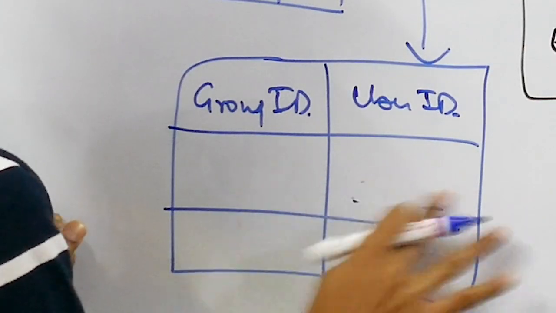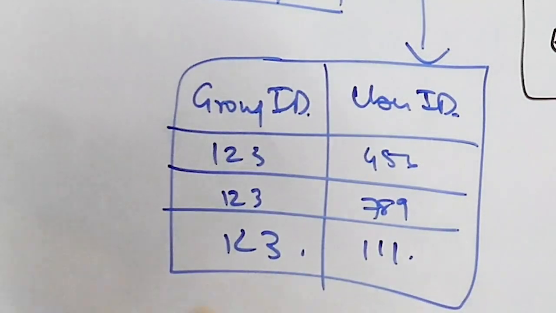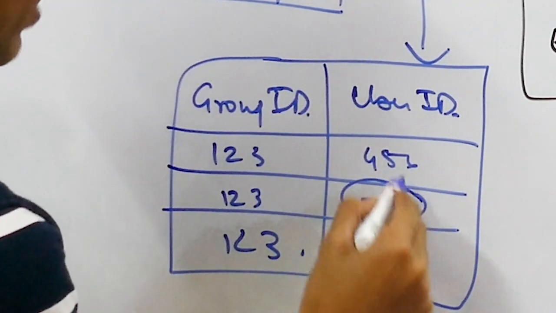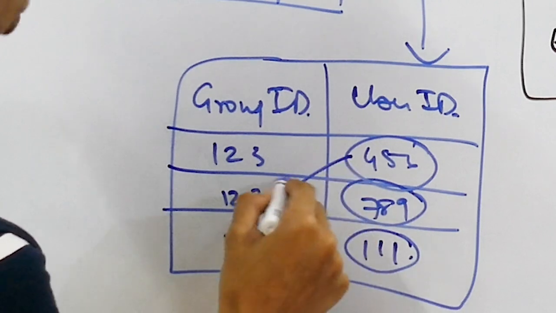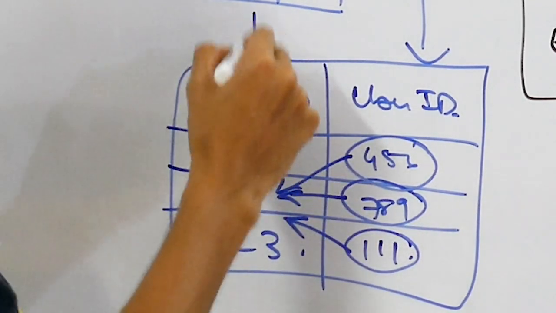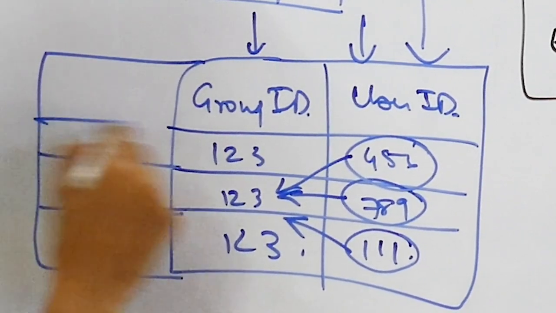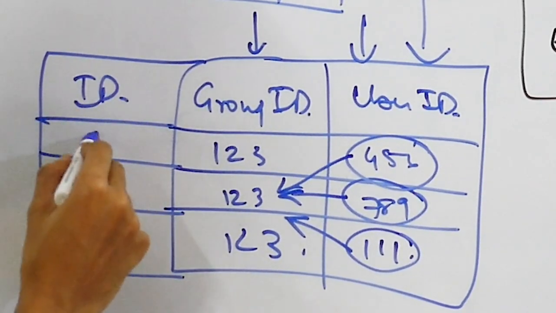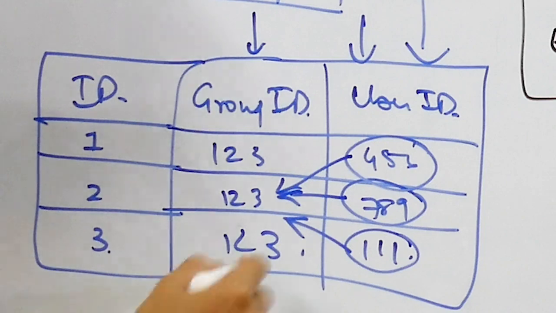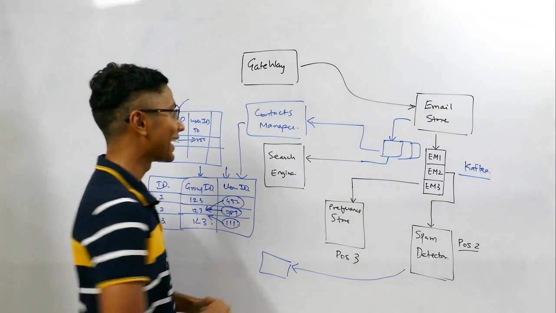For that, instead of JSON, you can just store it as a table. So basically user IDs 111, 789 and 456 belong to the group 123. Okay, that's what it's saying. You can keep indexes on both of these. Because you need every entry to be an ID, you can store a separate ID here itself, 1, 2, and 3. It looks like we are done with the architecture, but there's one thing which is remaining, and that is